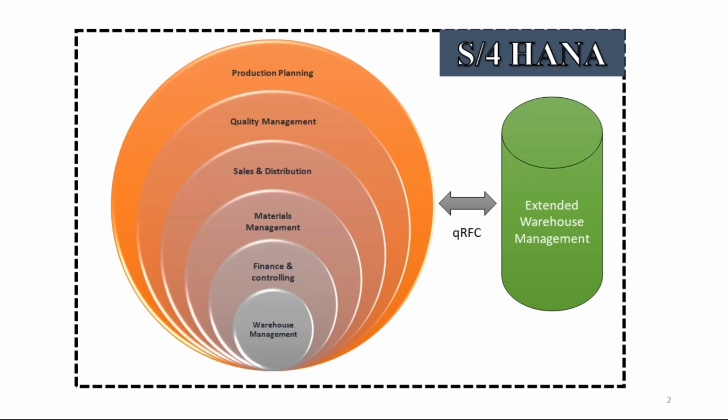So when you are sending the goods from the warehouse to the production flow, you need some requirement from production saying that I need this material. For that, we generate something called a production material request, or you can generate a delivery also. When you generate a delivery or a production material request, the system will still generate a queue. For that, we use a different BAPI. The whole point I wanted to highlight here is that in case you have to transfer data from ERP to EWM or EWM to ERP, you need to generate a queue.